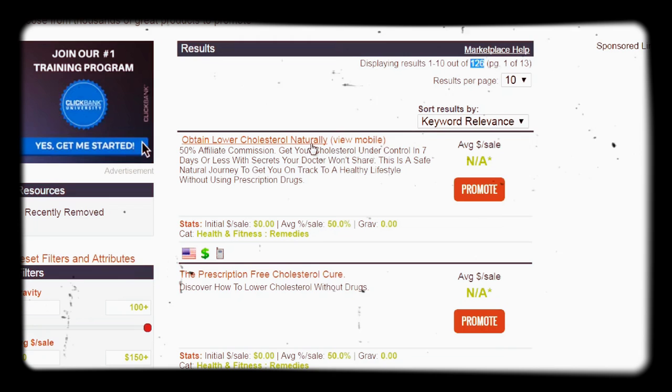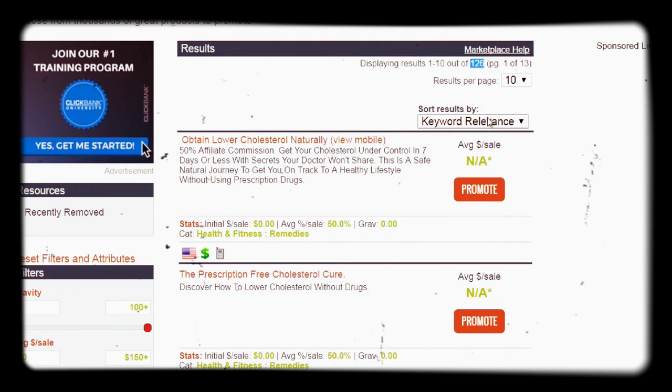Now, the nice thing about ClickBank is it gives you some data about whether the product is selling or not. So remember I said you want to find vendors that are actually selling products that are doing well. That doesn't mean that you approach somebody who doesn't have good data. Doesn't necessarily mean they aren't doing well, but you are trying to do enough due diligence so that you pick the right vendor. So as you can see, we see these, and these are related to the keyword that we